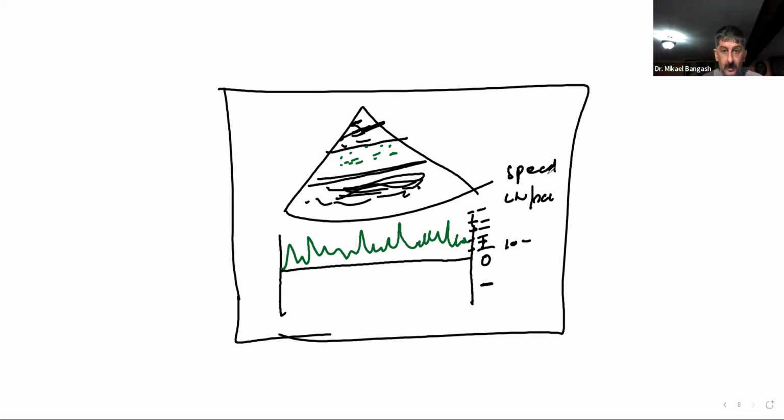It all depends on whether you had a graph on this side of your 0 line or on this side of your 0 line. That will determine whether you had a positive Doppler shift or a negative Doppler shift. Because if your graph had been like this, it would have been a negative Doppler shift, where again we see here minus 10, minus 20, minus 30, minus 40, minus 50